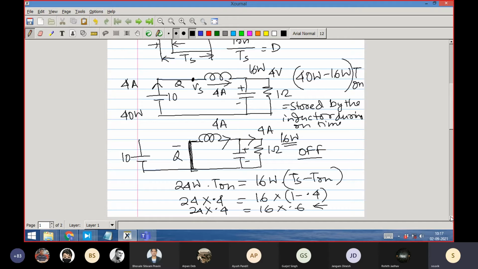So 10 microsecond to 2 seconds, what is the ratio? 2 into 10 to the power 5. That is the ratio. That small duration I am thinking. So the capacitor has no time to discharge. It is not discharging at all. Inductor current is not discharging at all. Okay? But you may say, how then will power go?